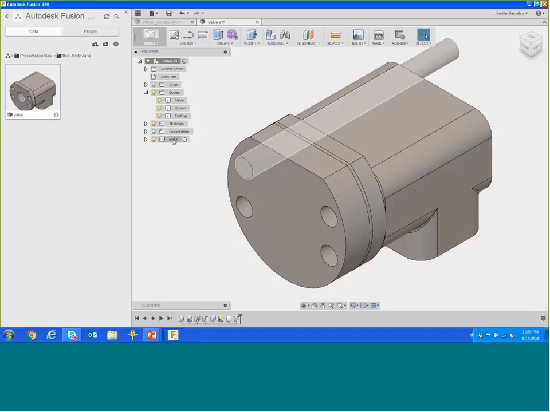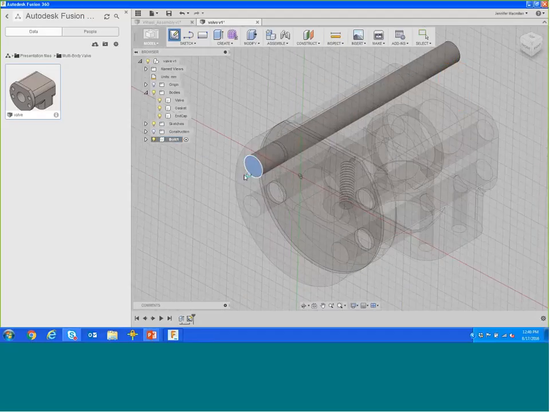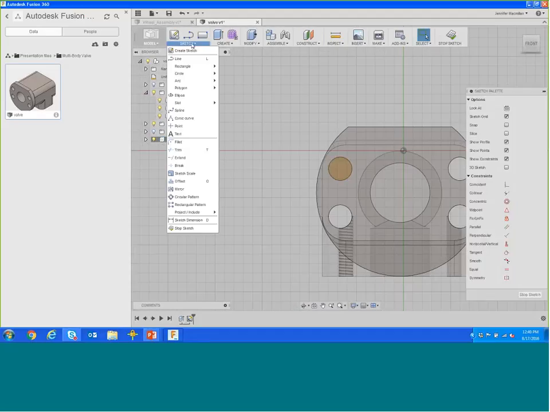To do that, what I have to be sure to do is activate that component to work in it. So I'm going to roll my mouse over it and select this little activate component button. And you can see now that the stem of the bolt is blue, it's active, and the rest of everything is gray. So now I can go in and create my sketch on this plane,